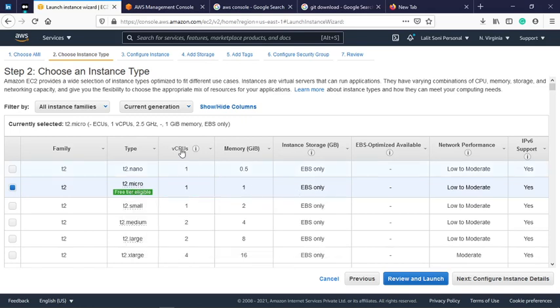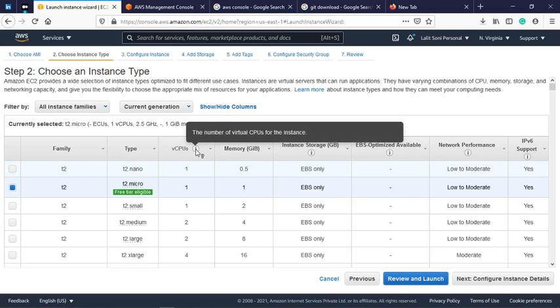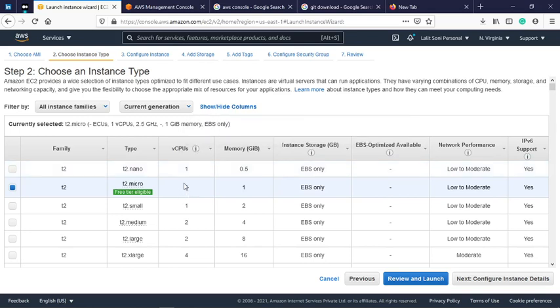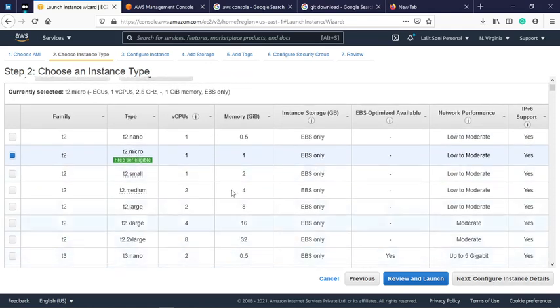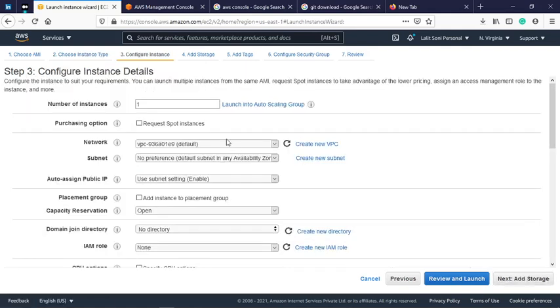It has one virtual CPU, 1 GB of RAM, and the instance storage type is EBS, that is Elastic Block Store. We will go to the next step, with T2 micro pre-selected.